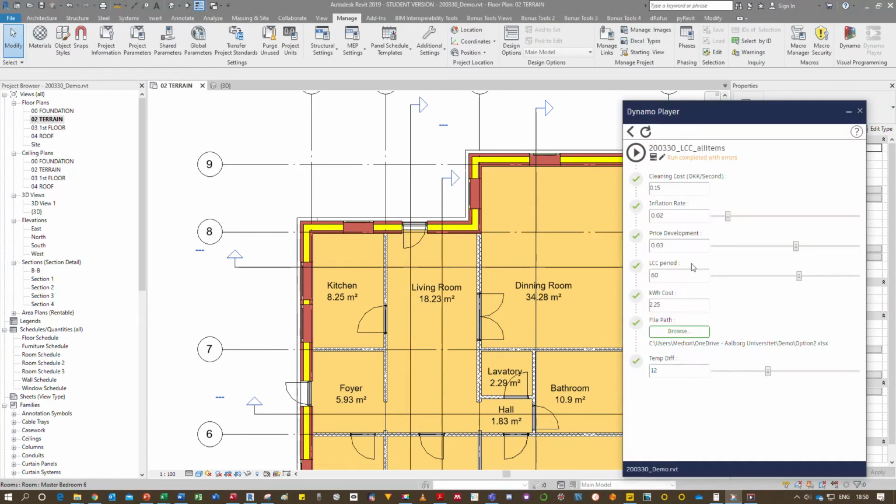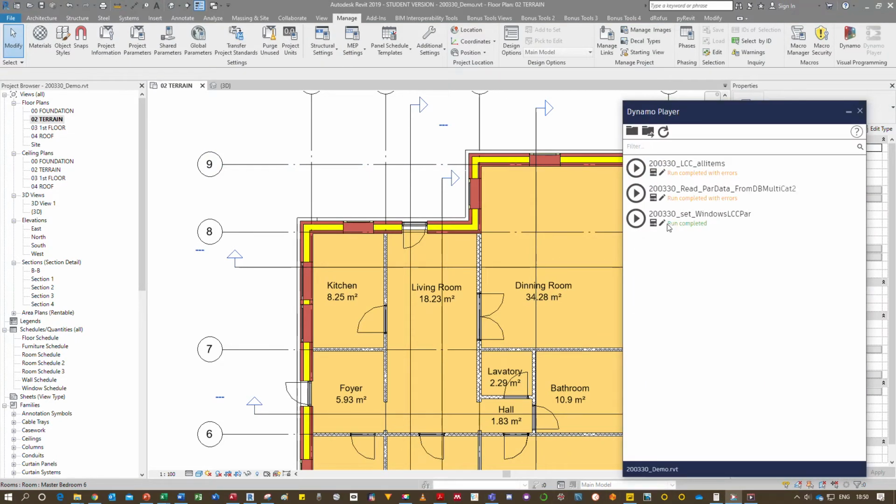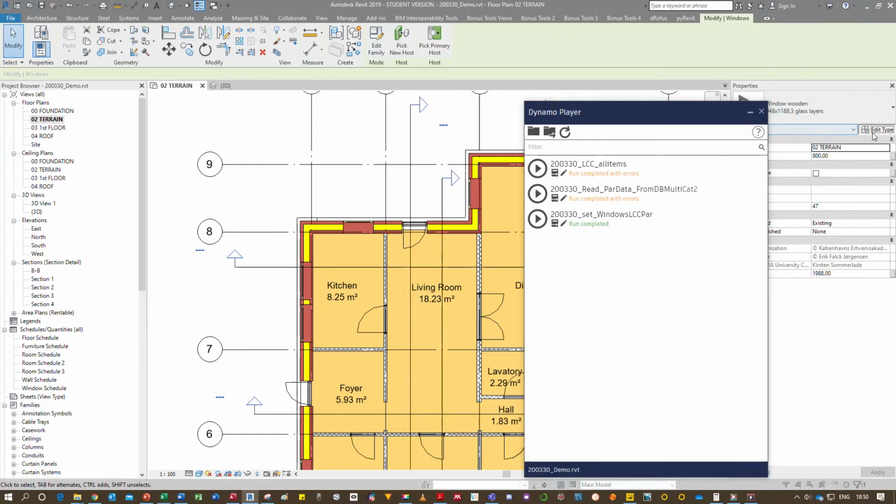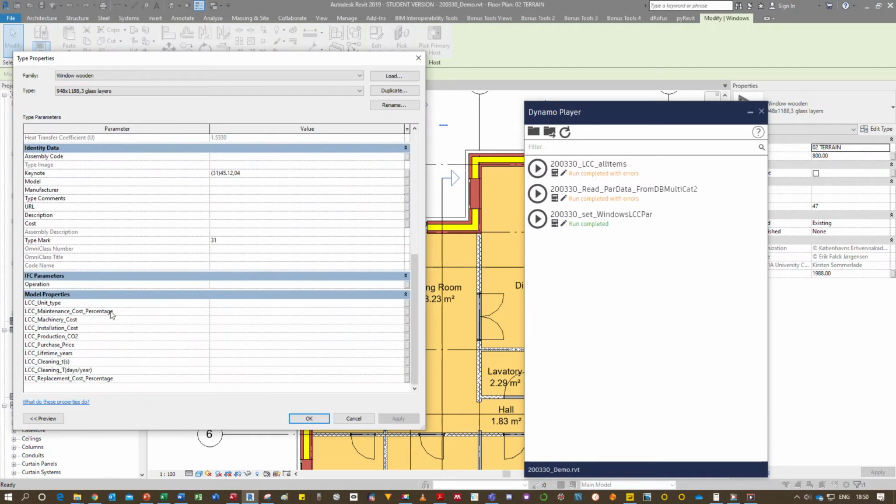To do this quickly we are going to use a Dynamo script. If I just set the parameters by pressing the Dynamo player, it's going to read the parameters from a database. And now if you have a look at the type of this, we can see that we have some lifecycle